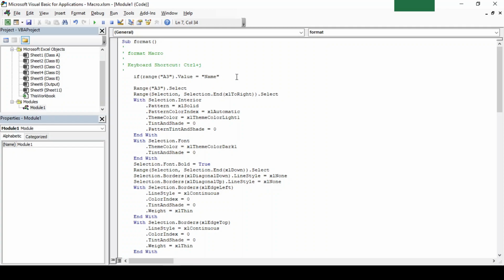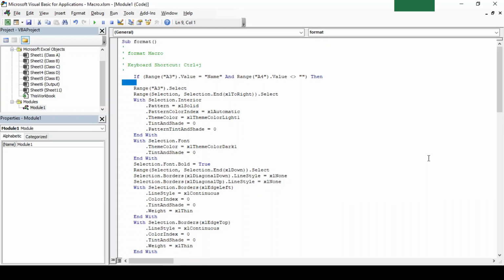We'll add one more condition and also check if there is at least one row of data after the header by checking if cell A4 is not empty. To do this, we'll add our condition in this logic itself: And Range("A4").Value <> "" Then.